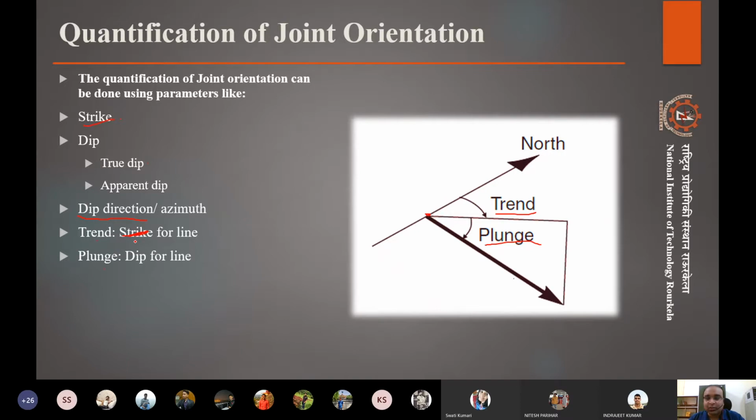If a joint is running throughout the inside of the rock, and one part of the joint we see outcropping on the slope face, we understand the angle of the slope, the orientation of the slope, its dip, and the strike of that plane.